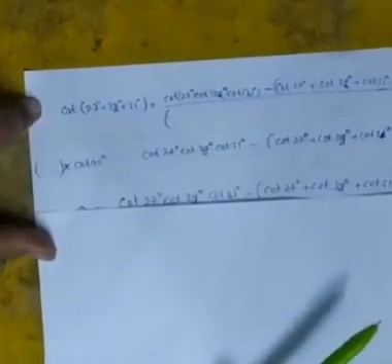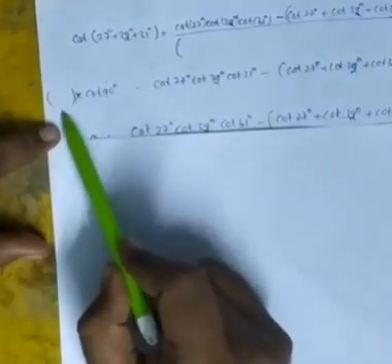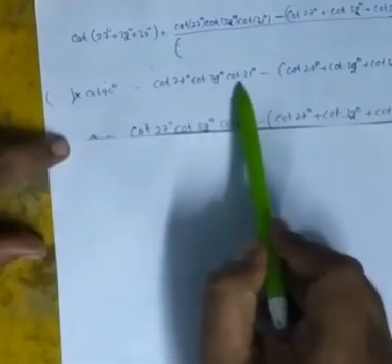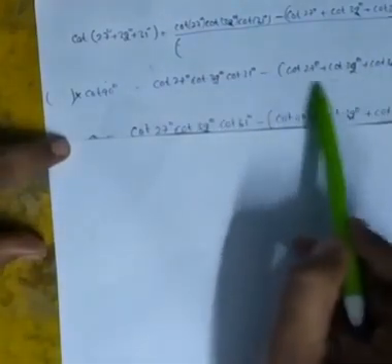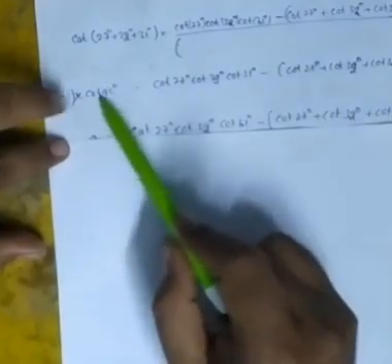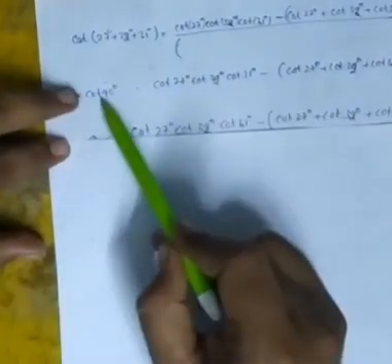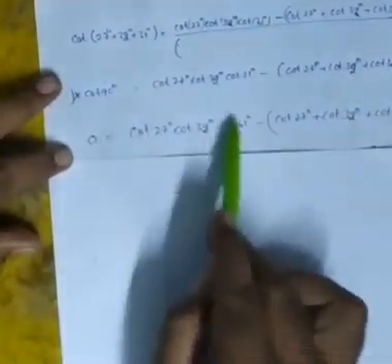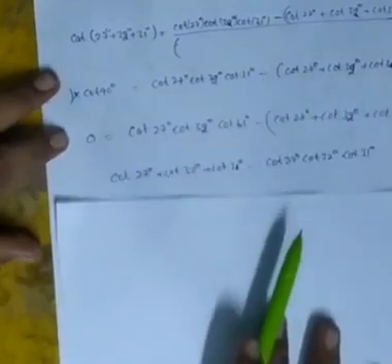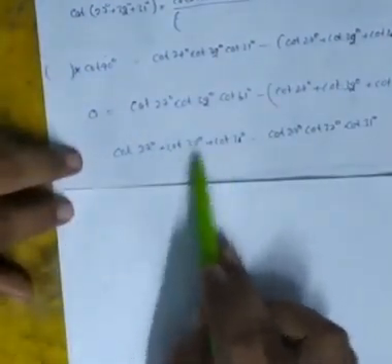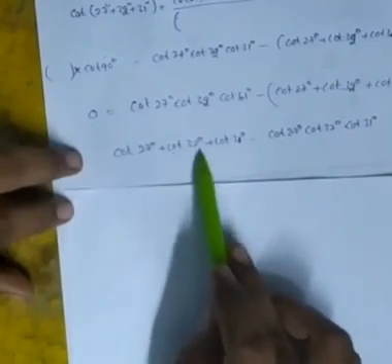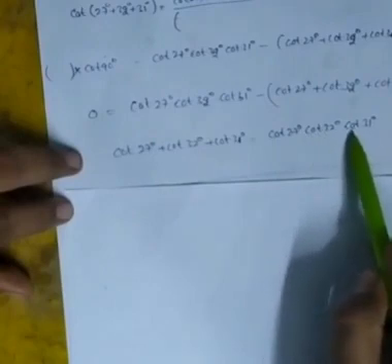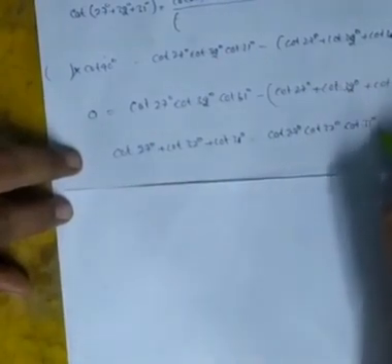Next step, cot 90 into the denominator will become 0. And we are left with cot 27, cot 32, cot 31 minus cot, which is our question. It is already 0. It is negative, so when it comes to the left side, it will become positive. So here it is 0, the product term and the summation term. Ultimately the summation term in our question, cot 27 plus cot 32 plus cot 31, equals cot 27 into cot 32 into cot 31, which is our required answer.